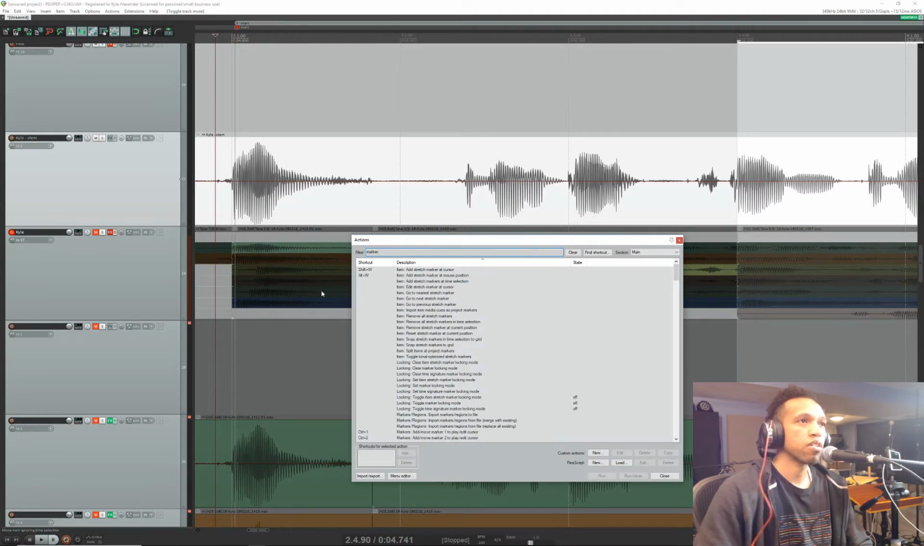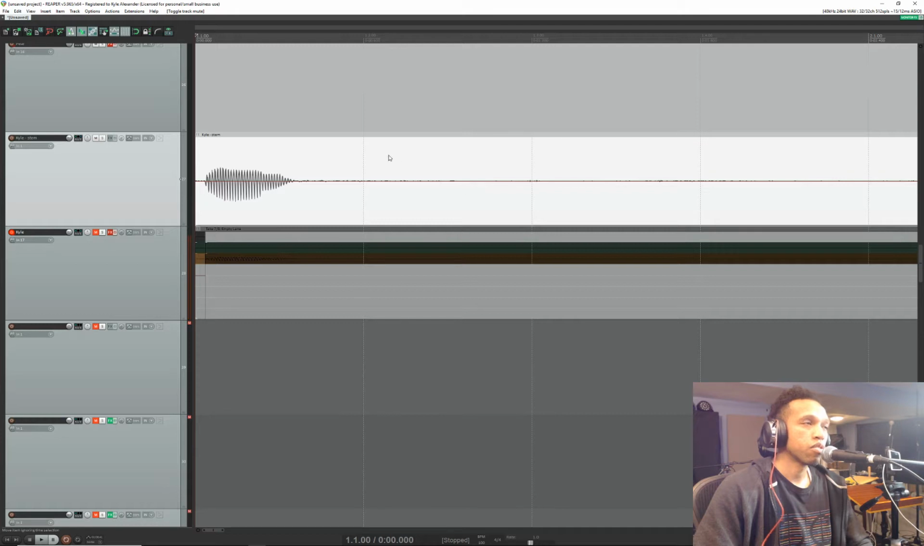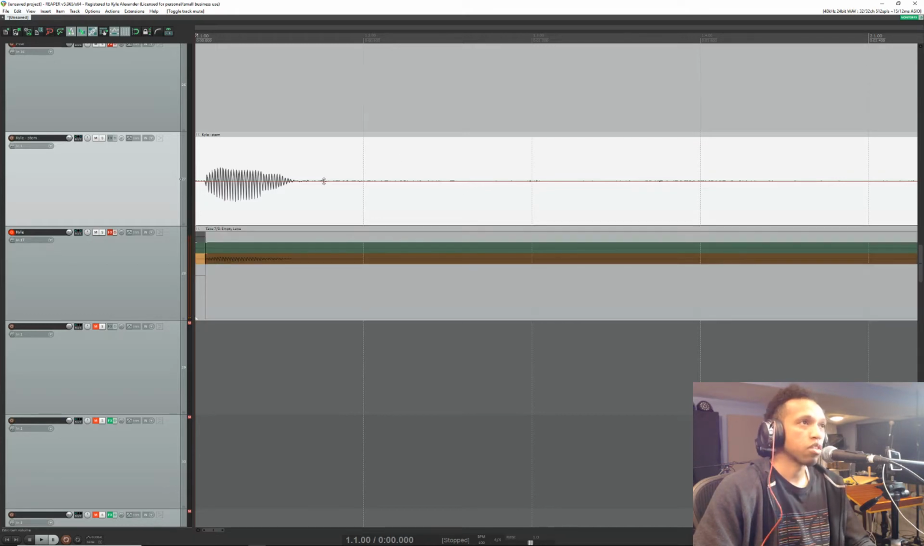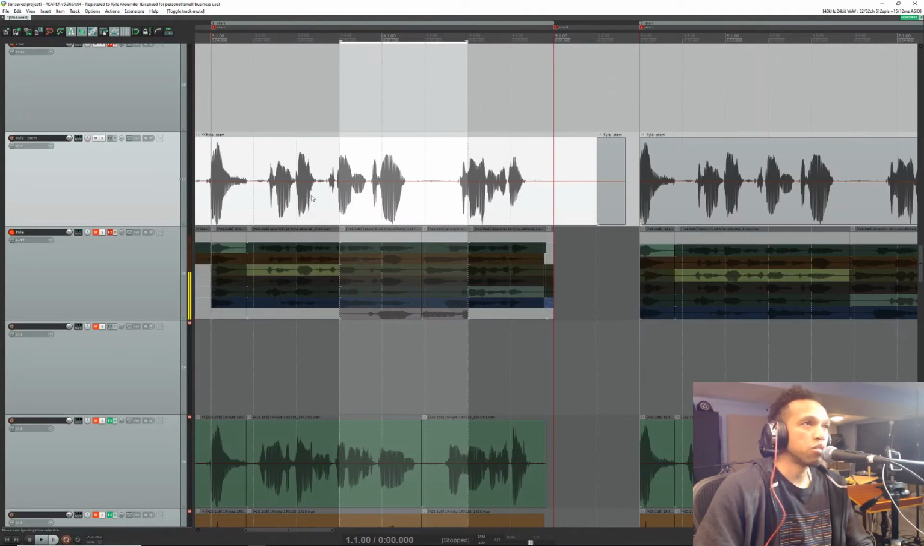Marker. Add stretch marker at cursor, or add stretch marker at mouse position. So Shift W and Alt W, those may not be the default, I can't remember. But once you go there, I'll use these a lot to do